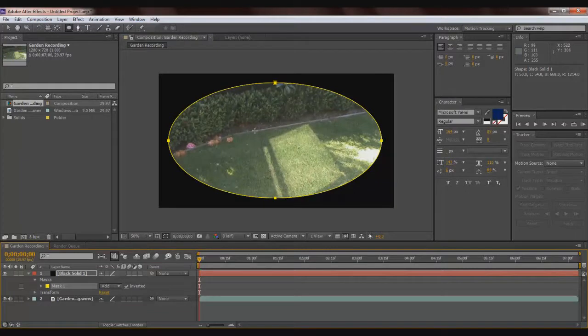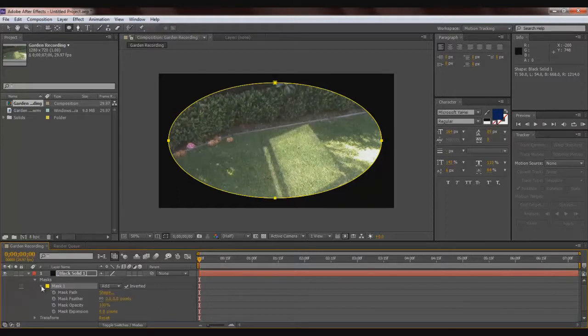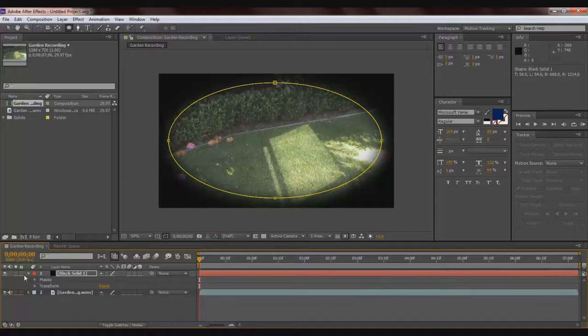Now if we come down to the mask and click on the little arrow to bring up all the mask settings, if we go to Mask Feather, hold down left click and drag across, you can see it's making the edge less sharp and it's applying a nice fade in effect. I think about 100 looks good. Just let go of the click,